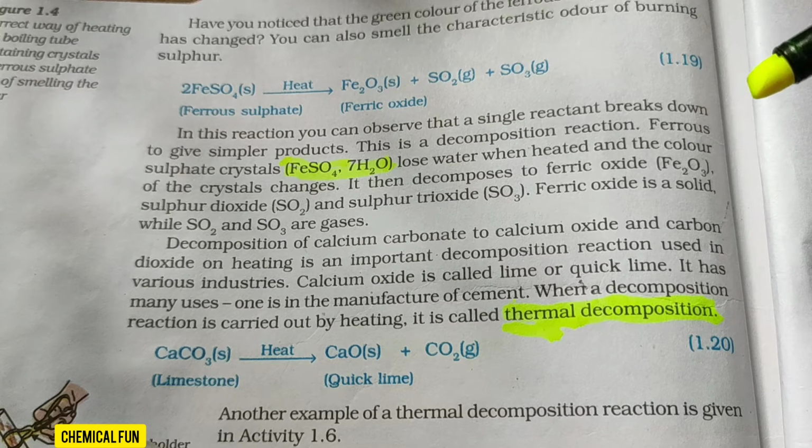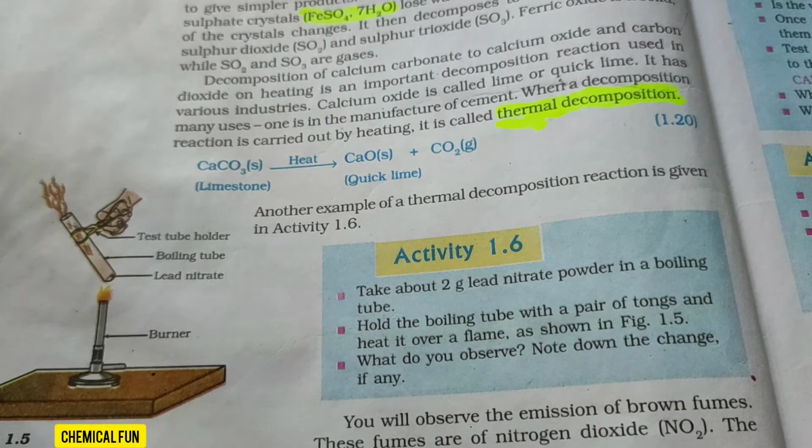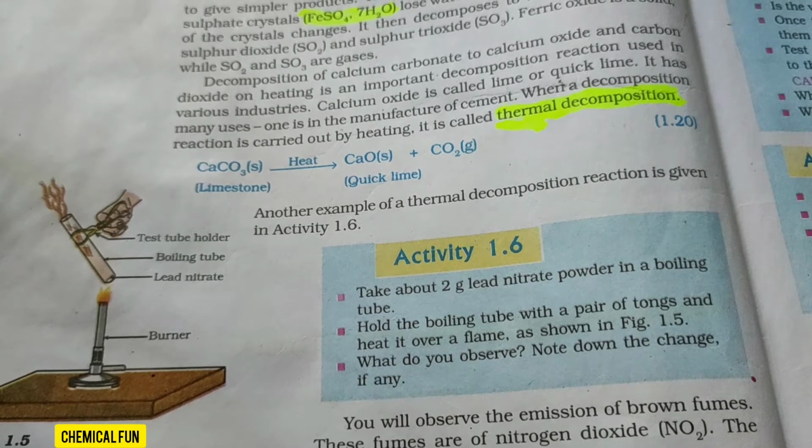So in exam, another way the question might come is like, define decomposition reaction. What are the types of decomposition reaction with examples? So the first type is thermal decomposition reaction, and we know thermal means heat. Okay, so know the meaning, and you don't have to memorize things. Thermal means heat, and hence since heat is applied, this reaction is known as thermal decomposition. Decomposition because it is breaking down, decomposing. A single substance is decomposing. Okay, that's it. So in total there are 3 examples given for thermal decomposition reaction.